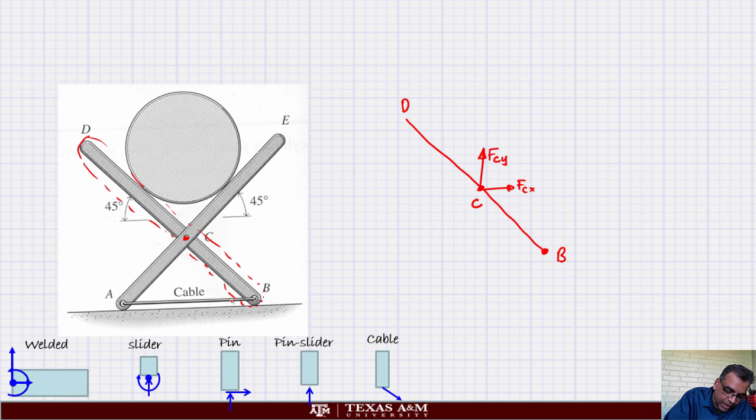What's the kind of joint at B? Can you see that there's a cable here? So this is FB cable. Those are the joints which we know, right? Now look at the drum. The drum is touching this point and it's like an unpowered wheel. So there is no friction, there is no nothing. So the drum force